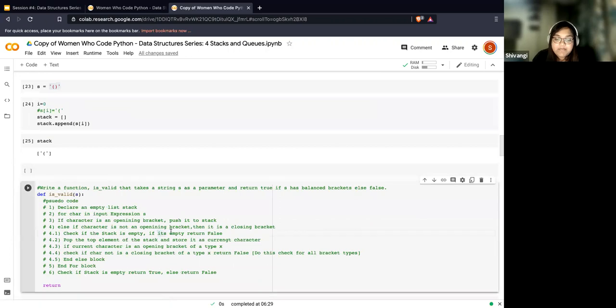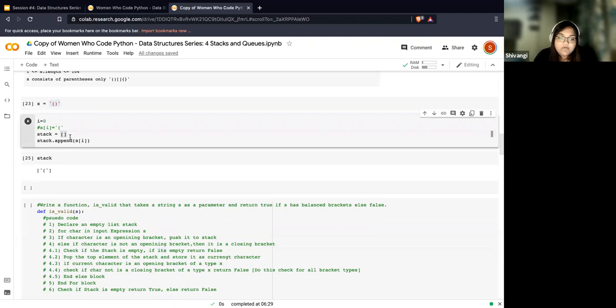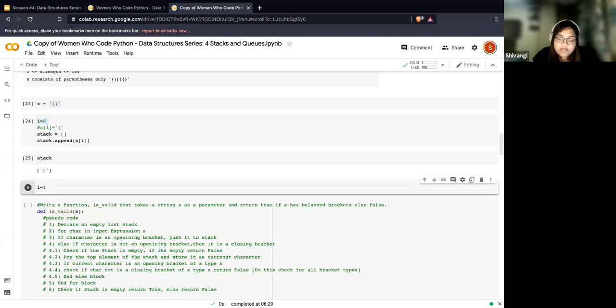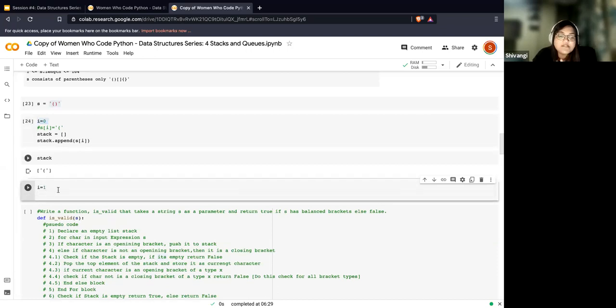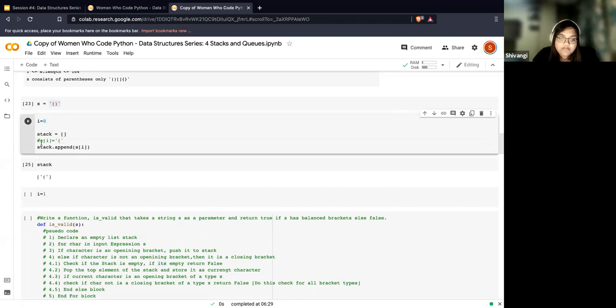And what is the next step? Now you would go to the next index, which is I equal to 1. And what you would do is check if it is an opening bracket. Over here, I did a check that if it was this, I would add it to the stack. So essentially, I'll move this part of that logic here. I'm going to say if S of I equals this, I'm going to move this.